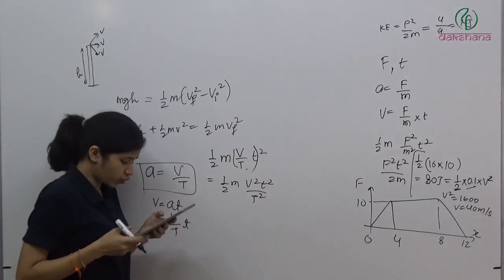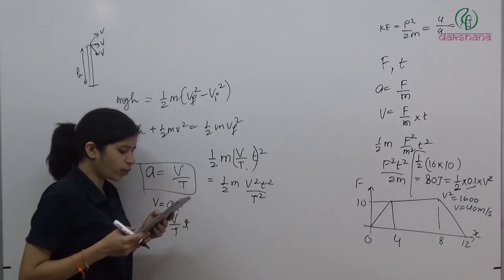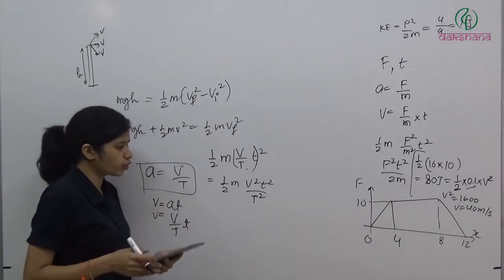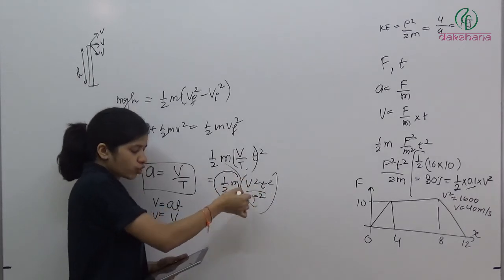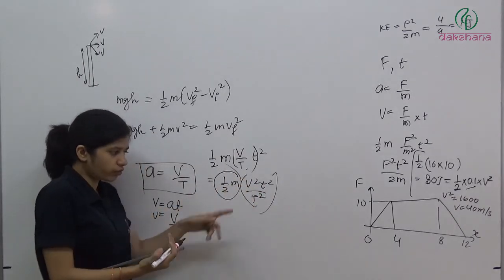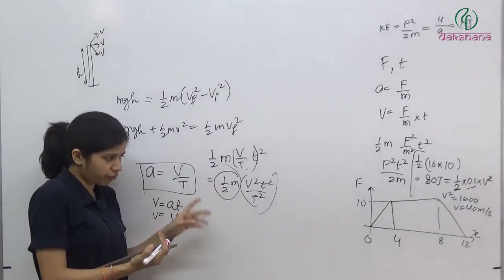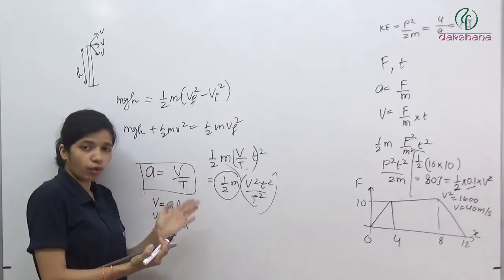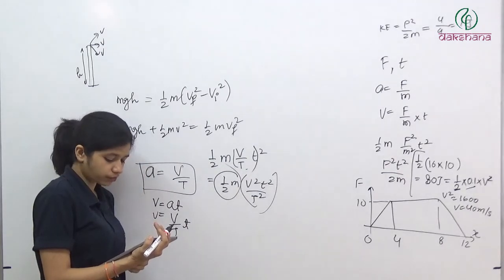So kinetic energy, their question was: the instantaneous kinetic energy of the body after any time t is proportional to what? So these are constants, so it is proportional to this. This is also constant, but they have given it in terms of v and t. So the answer will be v square by v by t into t whole square. Clear? So the answer will be the fourth option.